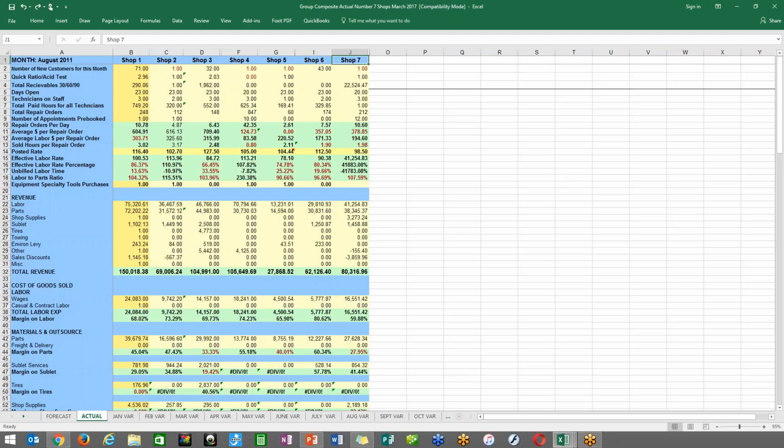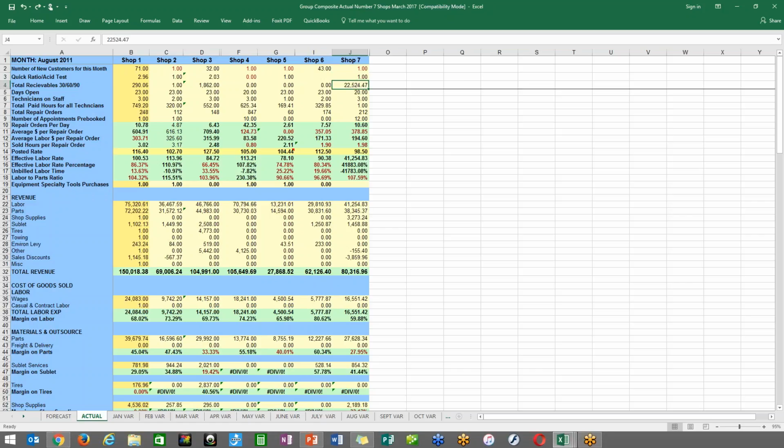But now we're looking at the shop we just looked at, yes, but we're also looking at how they compare to other shops. And you may think you're doing really, really well in an area, and then you join a group and you see somebody else and you think, oh, that's really doing well. I had one fellow in a group, in fact, he sees shop number 7 here, and his numbers were way out of whack. Now, when the person joins the group, pretty obvious that the first few shops all joined at the same time. Shop 7 came a little later on. But take a look at this shop,